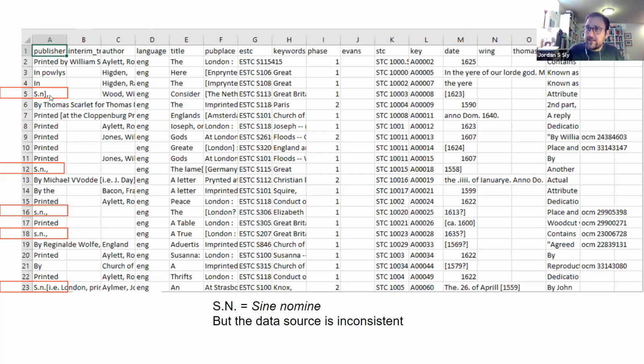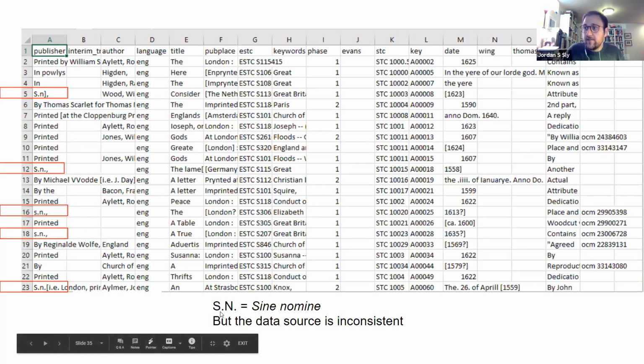This example is sine nomine, which is without a name in Latin, and each one of these becomes something different in my total data. So I have to create a data dictionary version of this that says, I'm going to use SN, and that's going to equal sine nomine. And that's the way I'm going to represent my data so that it's consistent throughout.